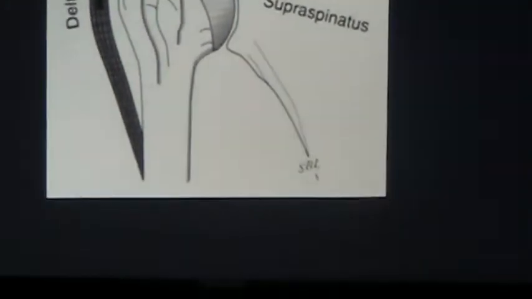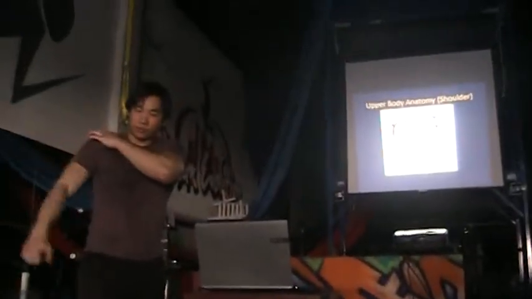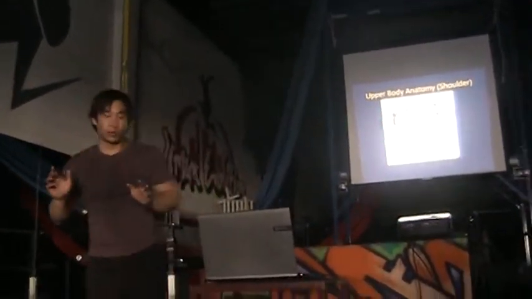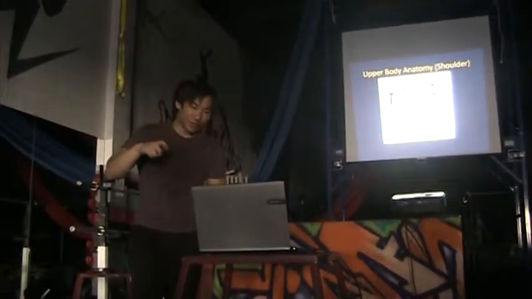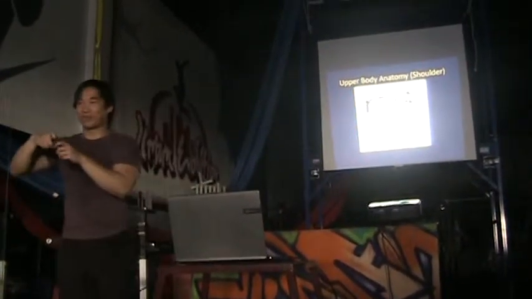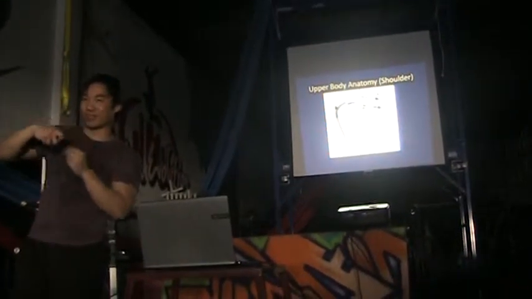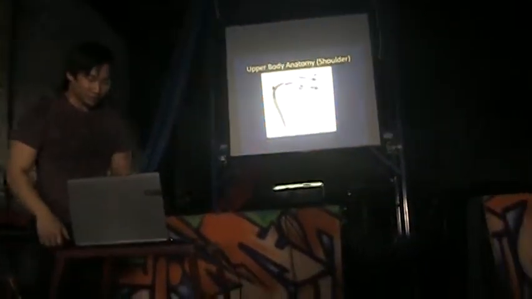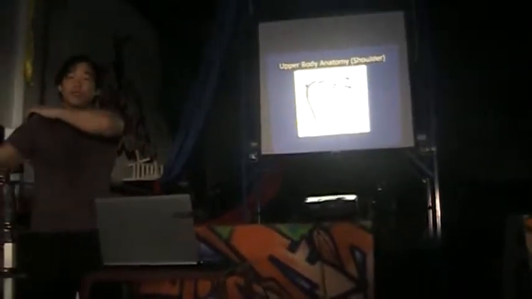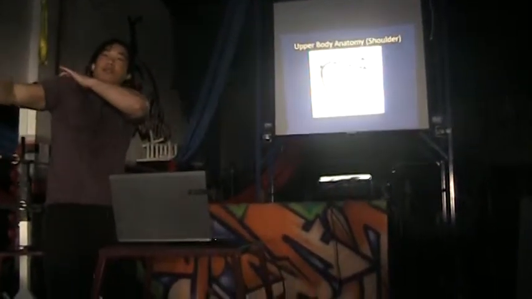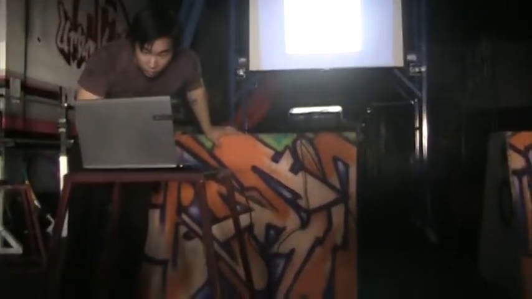What ends up happening with the AC joint a lot of the times is a shoulder impingement, because the shoulder was not designed properly. Evolution failed us. But the shoulder has a little bit of a hook at the AC joint, and it's really easy for a tiny little bit of flesh basically to get stuck in there, and it's not pleasant. But if your supraspinatus is functioning properly, it should be able to retract everything it needs to make room for your arm to come up. Hopefully you're mobile enough.